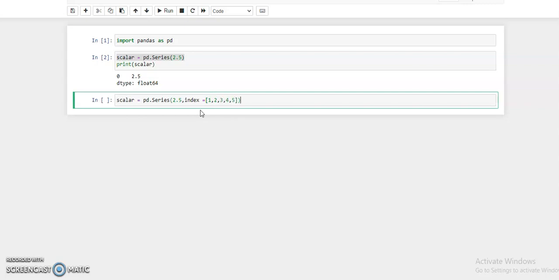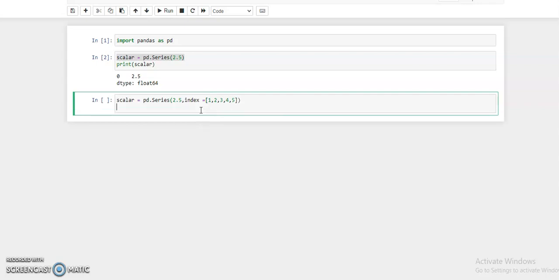Okay, in the last tutorial we created a series with the help of a list, and here we create a series with the help of a scalar. Now simply print this, scalar.